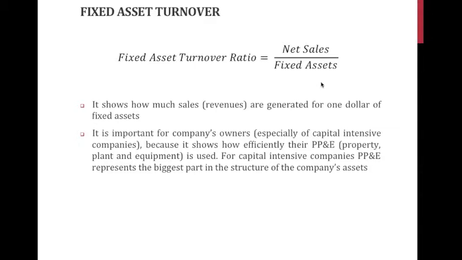And formally, it might look like our indicator is going up, so it might seem that our fixed assets are generating more sales, and it could look like a company is working more efficiently. But the tricky part is that fixed asset value may go down simply because of depreciation. So the annual depreciation is lowering the value in the bottom part of this formula, and in such a case we should compare these parameters.